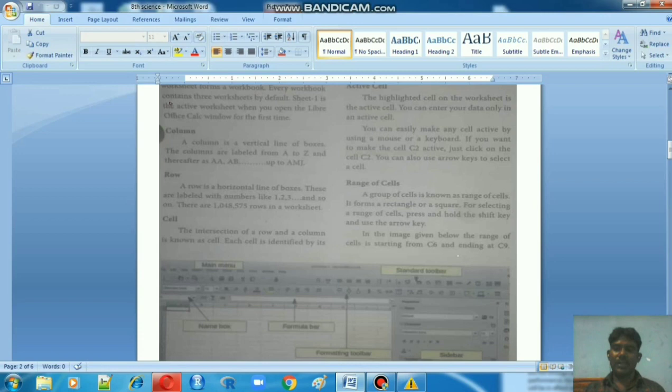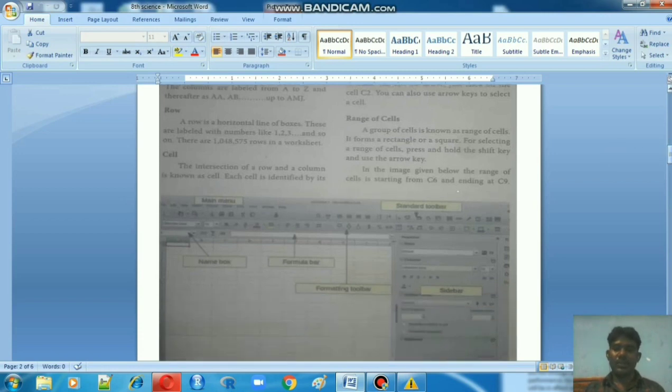What is a cell, sir? A cell is this particular box. Here there are many boxes, but that one box only is called a cell.